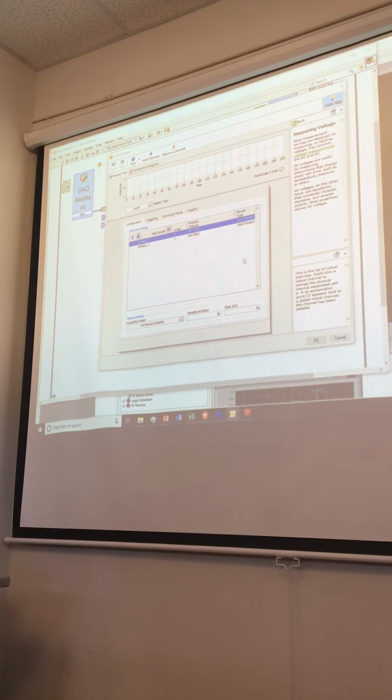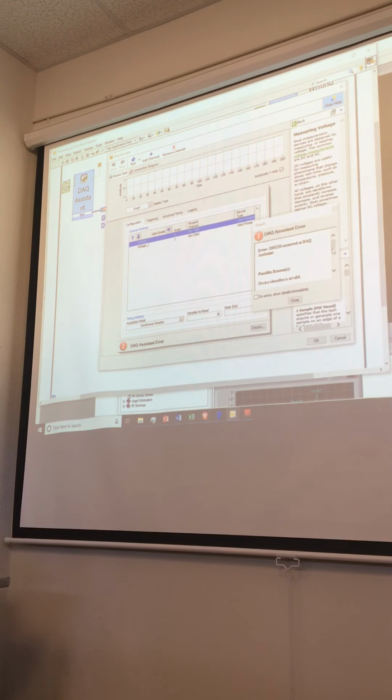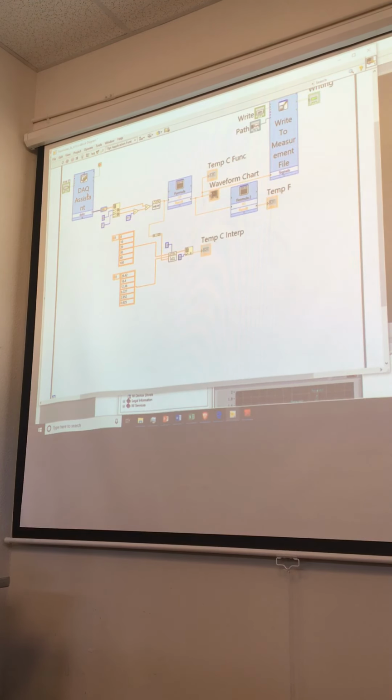I have things that don't exist there, which is going to go, ooh, I don't think I'm happy with that. And if I hit run here, it's going to give me all kinds of DAC assistant errors, which tells me that it doesn't know where my DAC is at because I just plugged one in. And one of the things that you won't discover, but I have, is that when you change DACs,